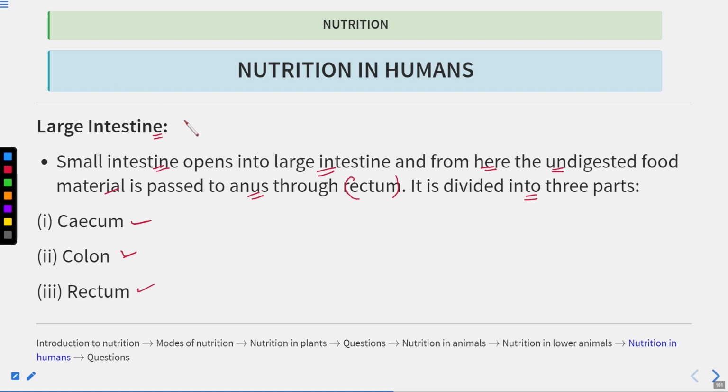And what is the function of the large intestine? Absorption of water. So the water is absorbed in the large intestine. And absorption of water is very important. Otherwise, the body will be dehydrated. So in certain diseases like diarrhea, there is no absorption of water and it causes dehydration. And what are the parts of the large intestine? Cecum, colon, and rectum. Okay, so the rectum stores the undigested food for some time